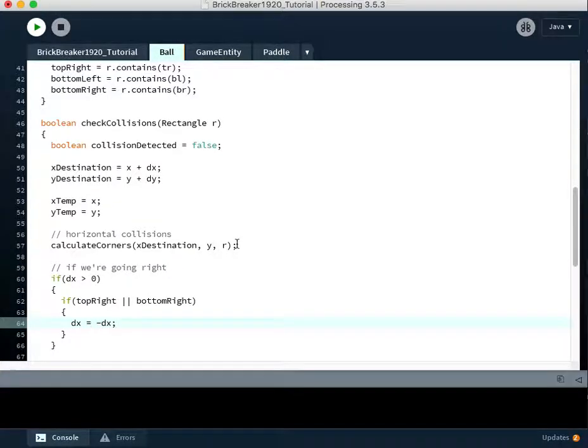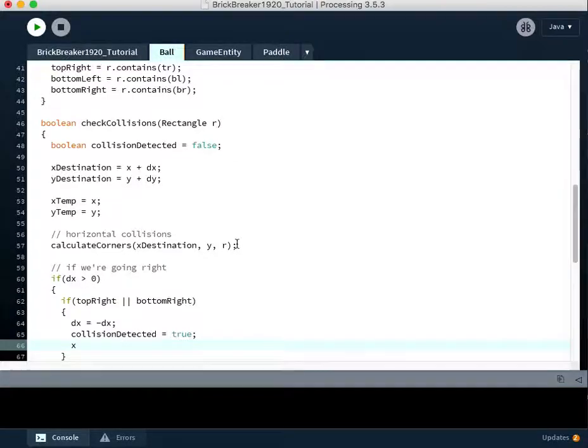We want to flip the value of dx, of the speed. And then we're going to set the value of collisionDetected equals true. And we're going to place the ball just slightly off to the side so that we don't generate too many